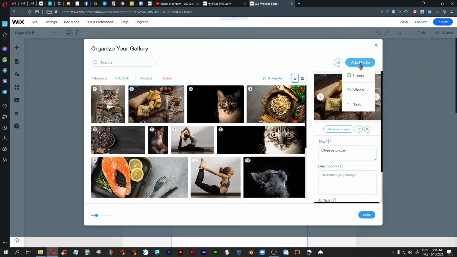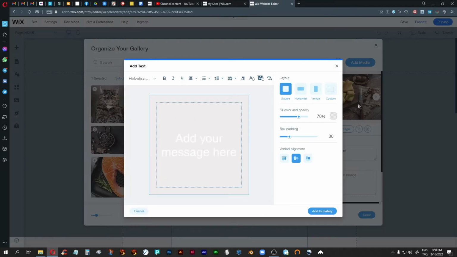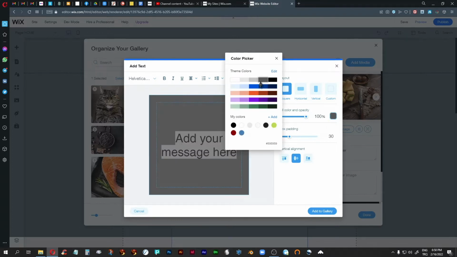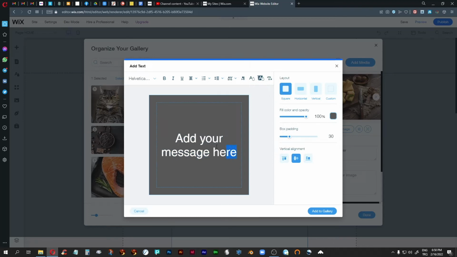What you can also add, like I said, you can add videos. I don't have any, but you can also add videos that you link to from YouTube or Vimeo or whatever. Let me just click on it. Upload, YouTube, Vimeo, and then you do whatever you normally would do. But then another thing you can do is also add text. I think I already have text here, but for some funny reason it's white on white, which is kind of not terribly helpful. I'm just going to increase the opacity here and also make this a bit darker, and then I'm going to change this text to something like Fat Cat